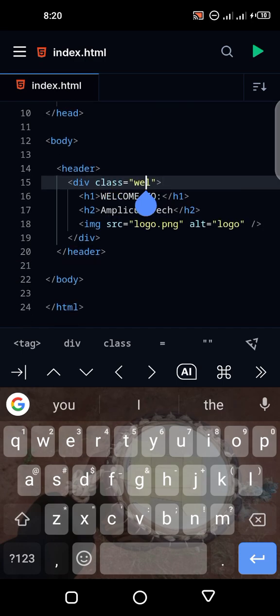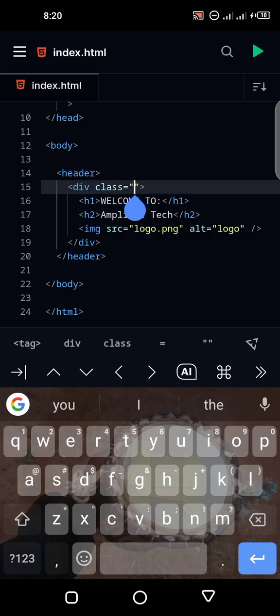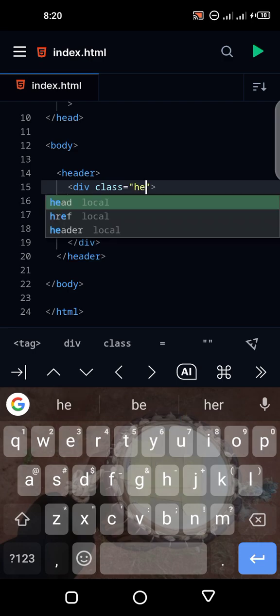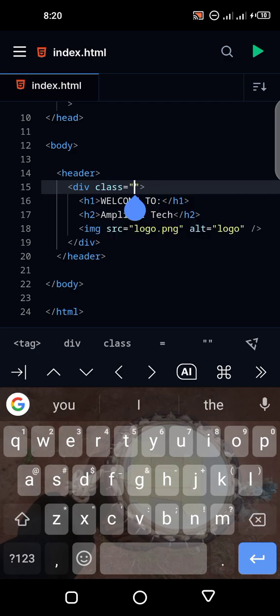So this one I want to change it to head, but because we have the header tag before, it's not necessary for me to name it head or header, because the header has comprised everything that is inside the tags together. But let me give it welcome, then here,